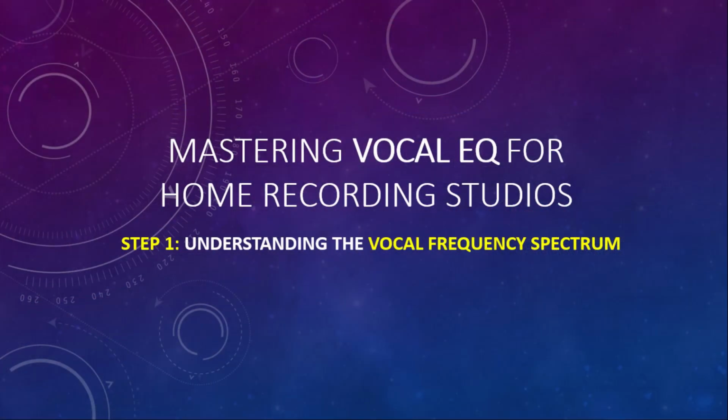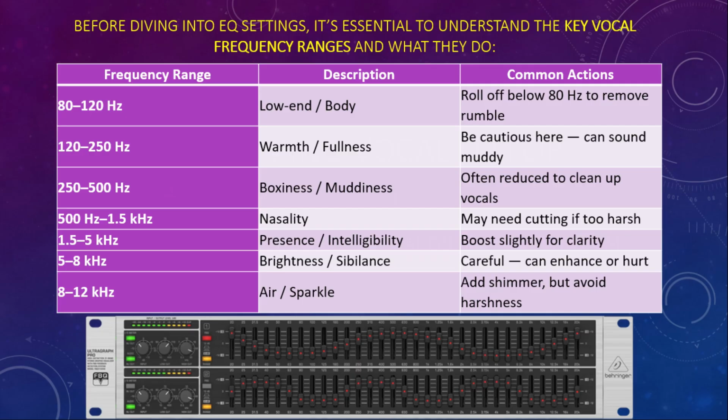Step number 1, understanding the vocal frequency spectrum. Well, what does this mean? Before diving into EQ settings, it's essential to understand the key vocal frequency ranges and what they do. On your screen now, we have a chart with 3 columns. The first column is all of the frequency ranges for your vocal track. The second column is the description of how that frequency range affects the vocal track. The third are the common actions that you can do as a user to your equalizer to manage these frequency